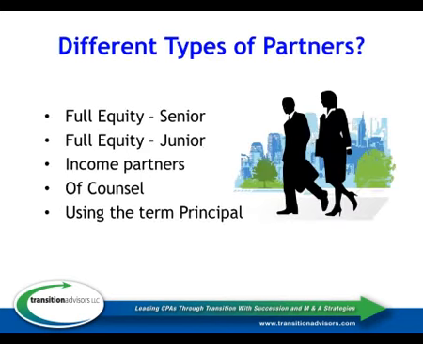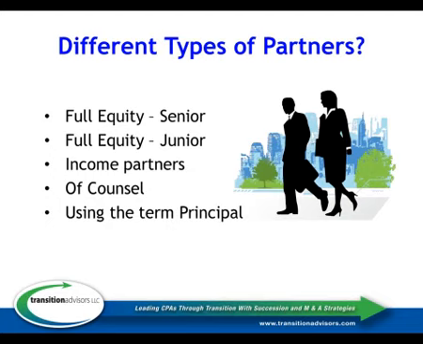As we look at the different kinds of partners in the firm that you might define within your firm, most firms have just one kind of partner. It's an equity partner. And if you're in a firm that has anywhere from 2 to, say, 5 or 6 partners, it's likely that that's what you have, is just equity partners. And you may have significant differences in the amount of equity that's owned by each partner, but you probably don't have different levels. But as you become larger, or as you start admitting partners that have significant differences in the way they perform and the value that they create and the way they join the firm, you start seeing that we need to define different levels of partner.